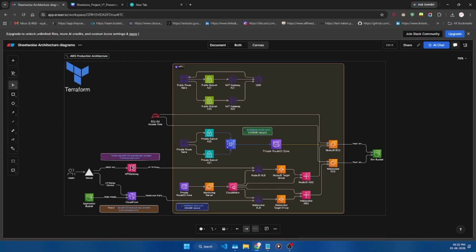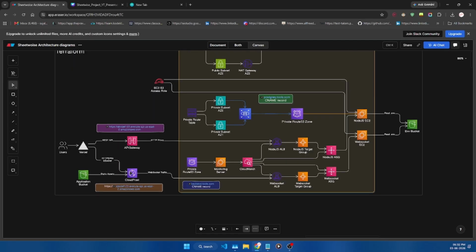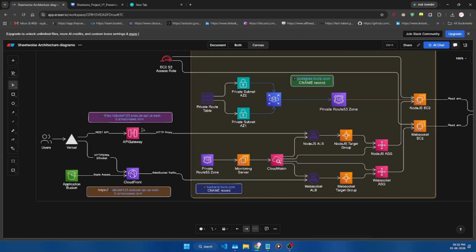I'm using CloudFront and API Gateway for my services. Since I was facing a Route 53 issue, that's why I used API Gateway and CloudFront. You can find why I was facing this issue in my Medium article.